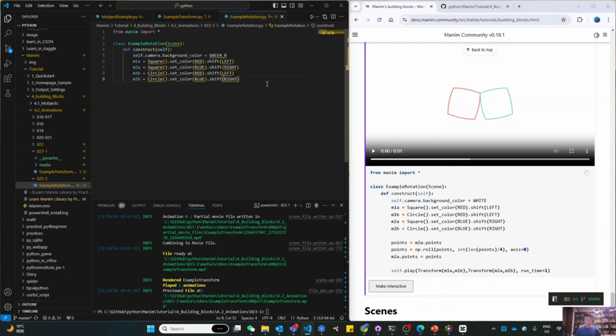Let's do this: if I directly use the transform M1A to M1B, and another transform, you remember the order of the animation. It's just starting from left to right. So that means we run the first and